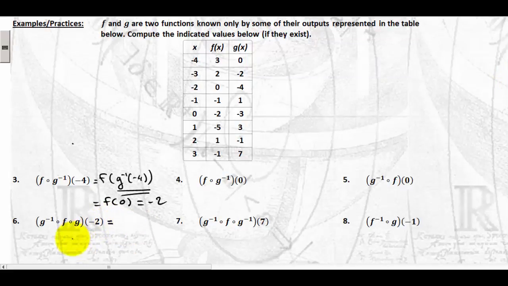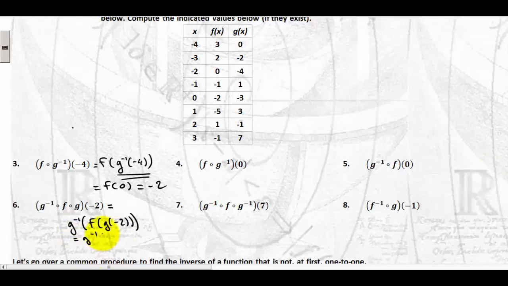You have to find g inverse of f of g at negative 2. Alright, g inverse of f of, what is g at negative 2? It is negative 3. What is f of negative 3? It is 2. So I have g inverse of 2, and for g inverse of 2, I'm going to look at